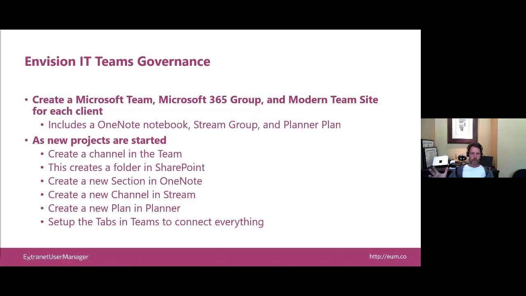The direction I'd like to go, looking for a client. So if you're interested in helping to fund this, my vision is somebody creates a channel through the out-of-the-box Teams experience, and then we have a Logic App workflow. There's no direct trigger in Logic Apps or Power Automate when somebody creates a channel, but we can have a polling that says, hey, is there a new channel in a team? And if so, start a bot process to say, hey, I noticed you just created a new channel. Would you like to set it up in the standard way and configure the new section in OneNote and the